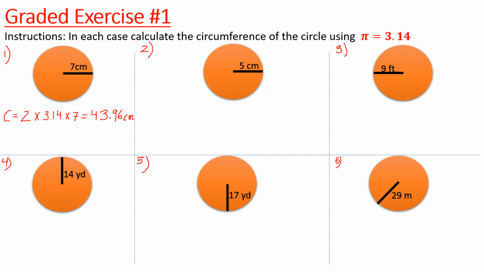So 43.96. All right. How many persons got that? Let me know if you got that. I got it, Mr. Petit. All right. We'll see. So C is equal to